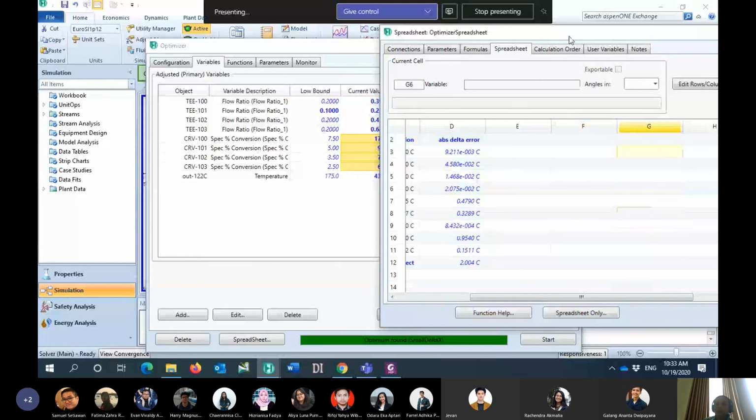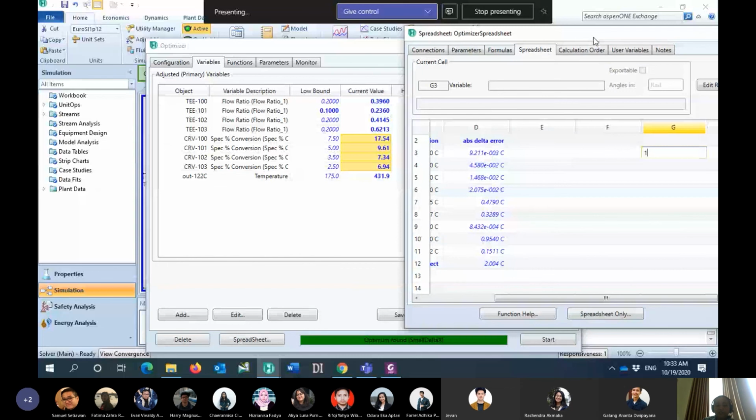I just copy this one. The design value is 17.54, 9.61, 7.34, and this one is 6.94.